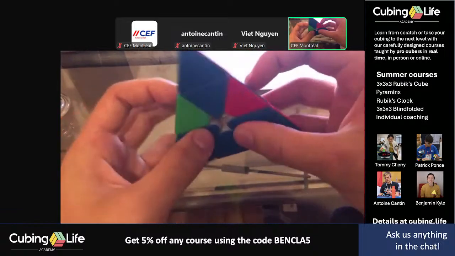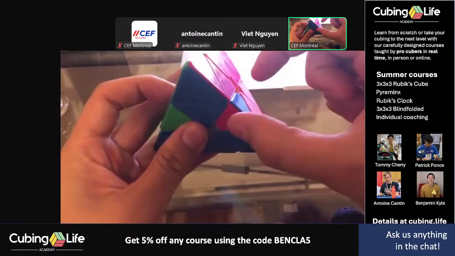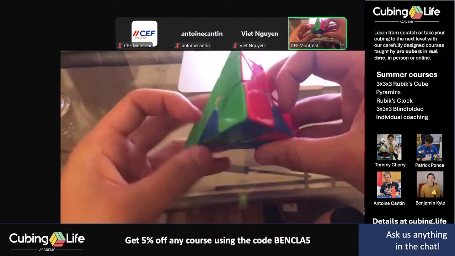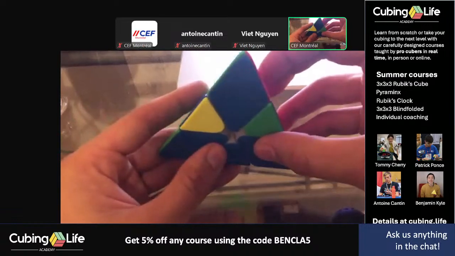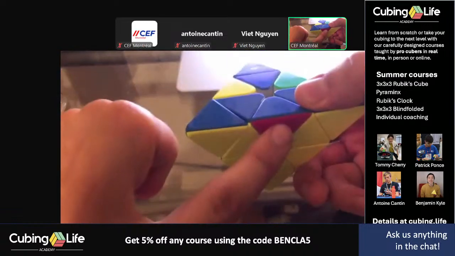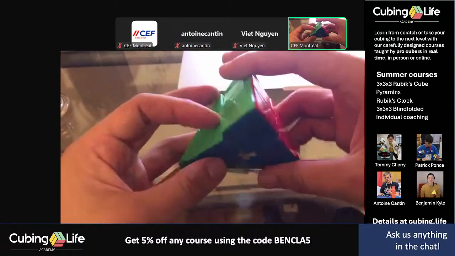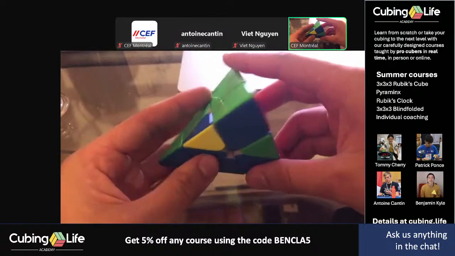Yeah, and the most standard algorithm to solve this is to put the 2 edges in the front top right and top left positions. Do a sledgehammer, R prime, L, R, L prime. And then you're inserting this edge down here with U, L prime, U prime, L. And you can think of the second half of that algorithm, the U, L prime, U prime, L, as rotating the cube